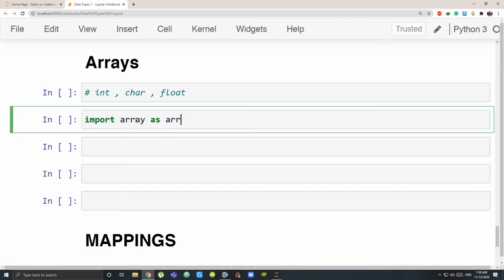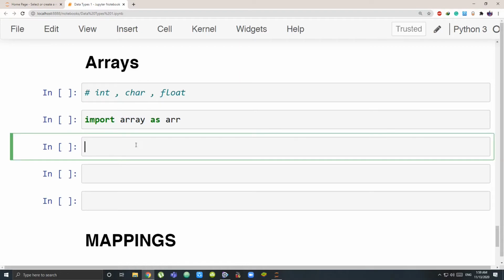Whenever I use anything from this module, I would have to write array again, so instead I'm using the short form ARR. You can just say import array, but everywhere you'll have to use array when you're calling functions from it. So that's import array as ARR. Unless I import the array module, I can't make an array. That's very important. First you do that.